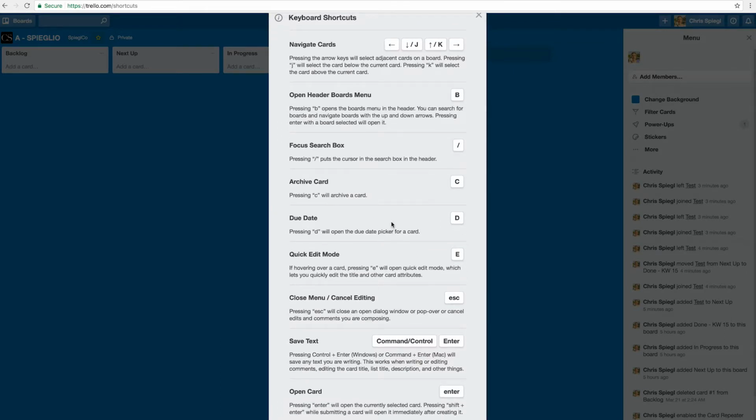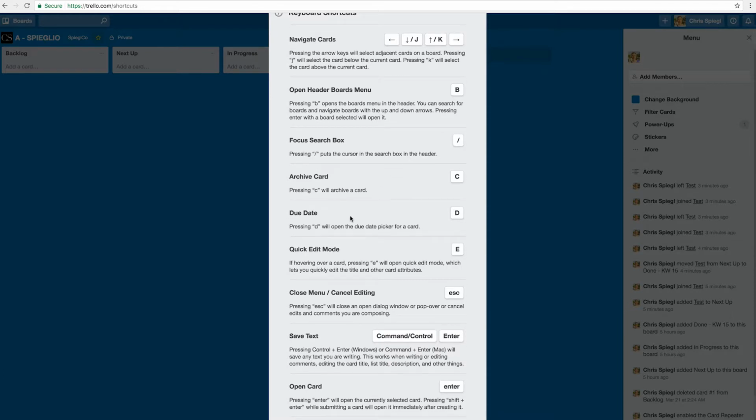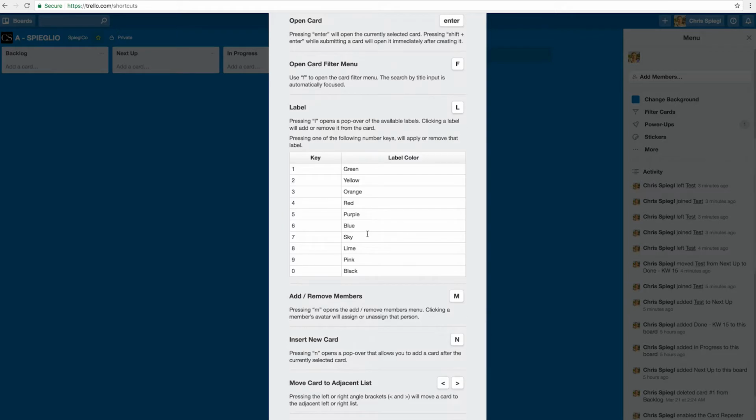For example, the spacebar to assign yourself to a card. Then you also have the D key, which essentially puts a due date, or you can actually select a due date, and you can also give labels just by hitting the L key or the numbers. Overall, Trello in the